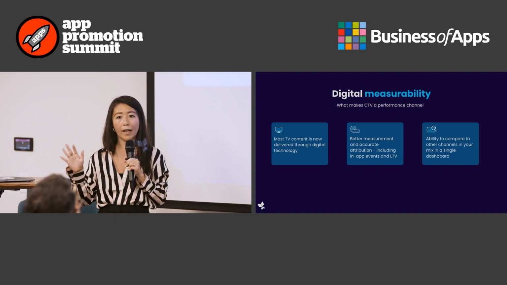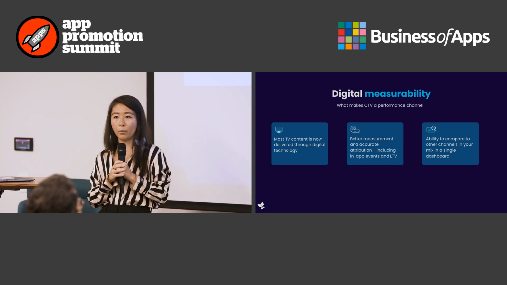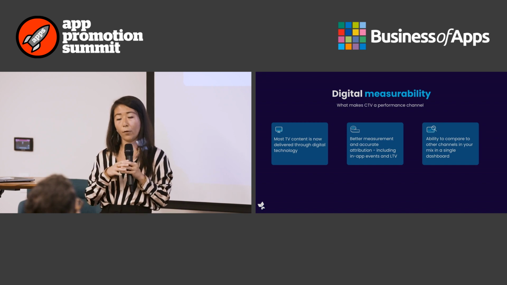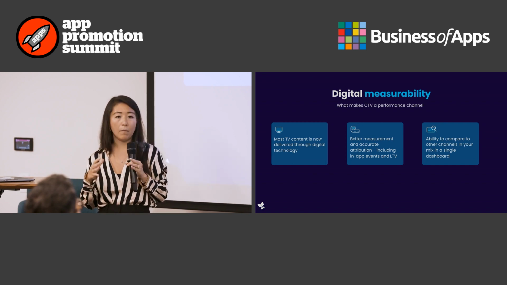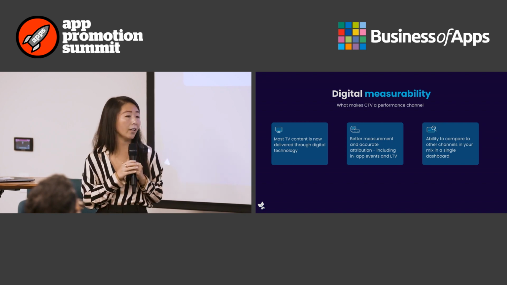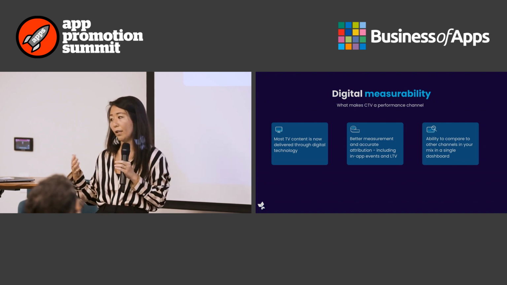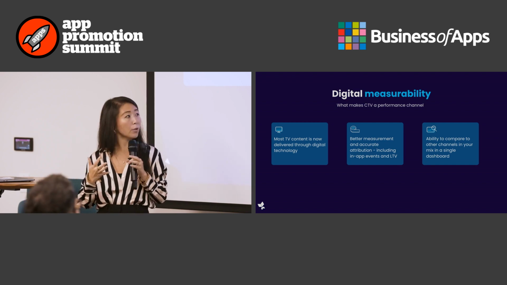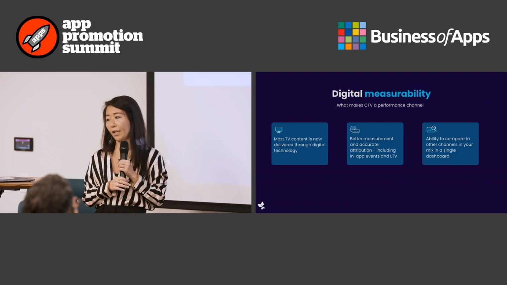Additionally, you can see all of that in one view. So if your attribution provider supports this, you'll be able to see all the campaigns you're running for apps within the app ecosystem. But if you're starting to look at cross-device and cross-platform, you can also see that across CTV and console and PC and whatnot. So all of that comes together with using an attribution provider that allows you to see all this data.